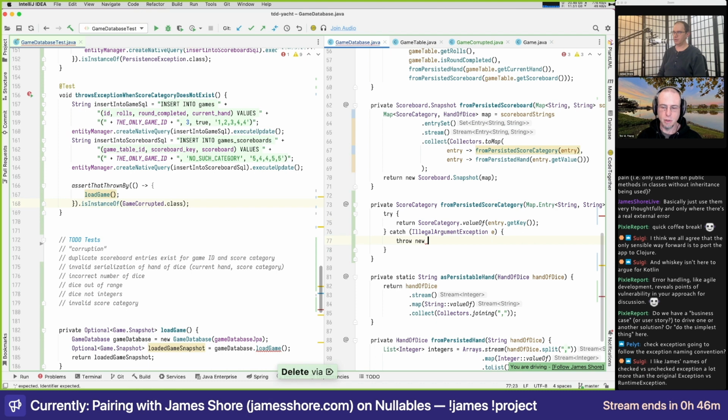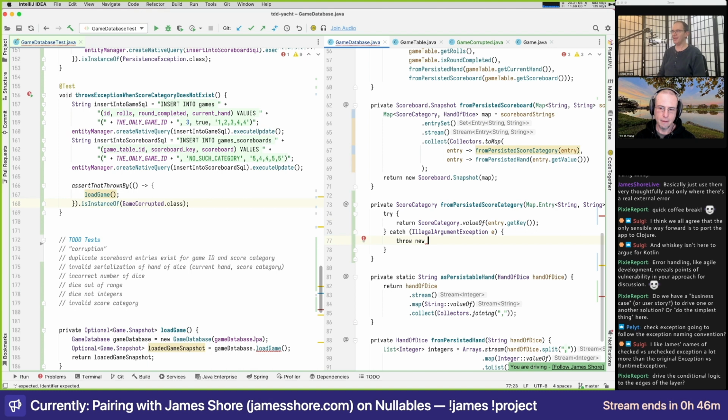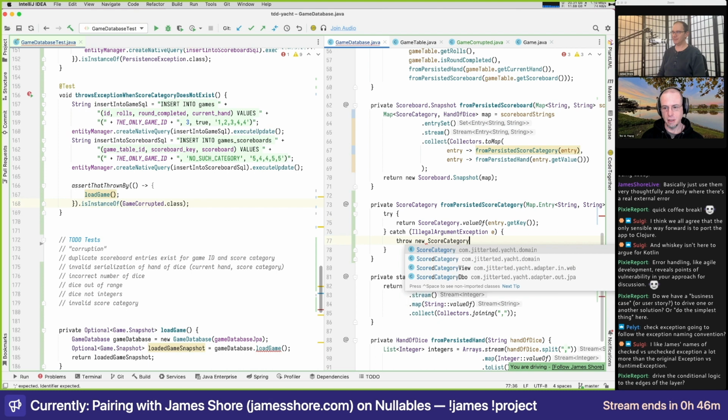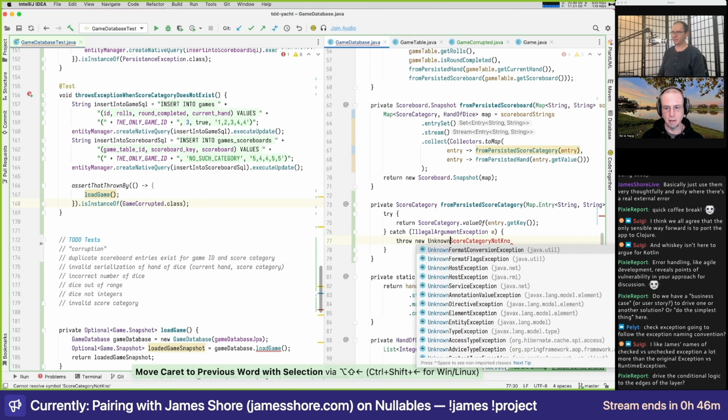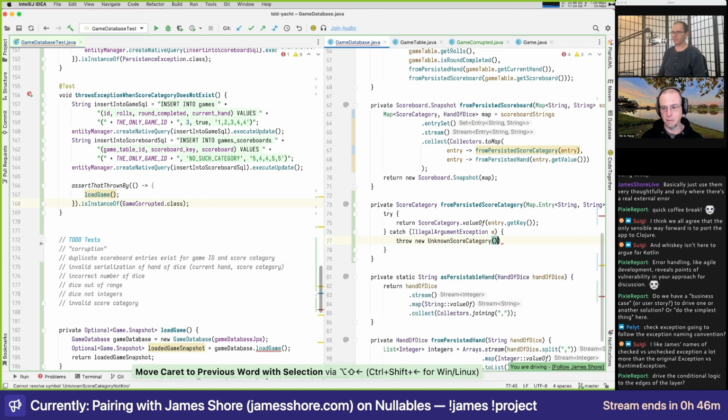So the question is, what exception do we throw here? I was thinking internal game corrupted, or game corrupted runtime, or see, now this is where not having exception on the end gets a little awkward. Well, what's the cause of this? Score category not known, or unknown score category, because that's really the problem at this level. Yeah. Okay, so now we're going back to a different type of, but because this is not public,